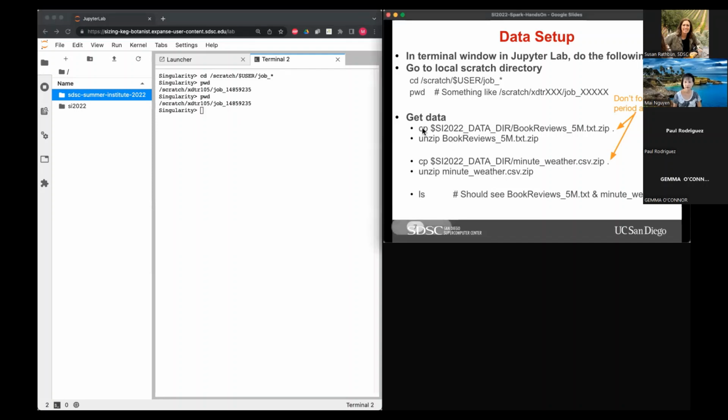Okay, so what we're going to do is copy, and I'll put this in the chat as well. Don't forget the period at the end, right? You're copying this file called bookreviews.txt.zip to your local scratch, and then you unzip it.